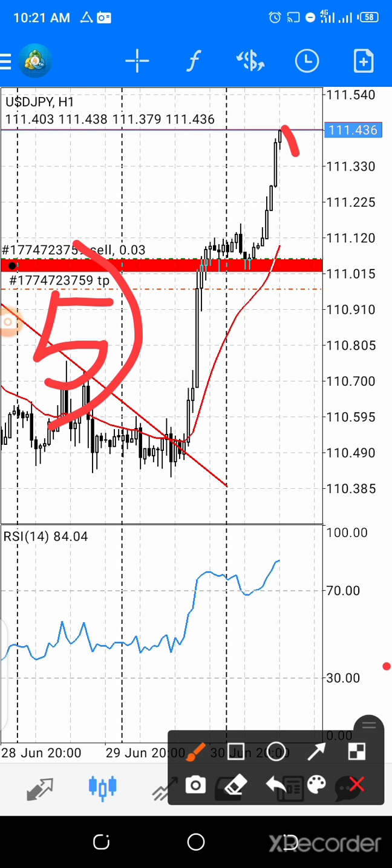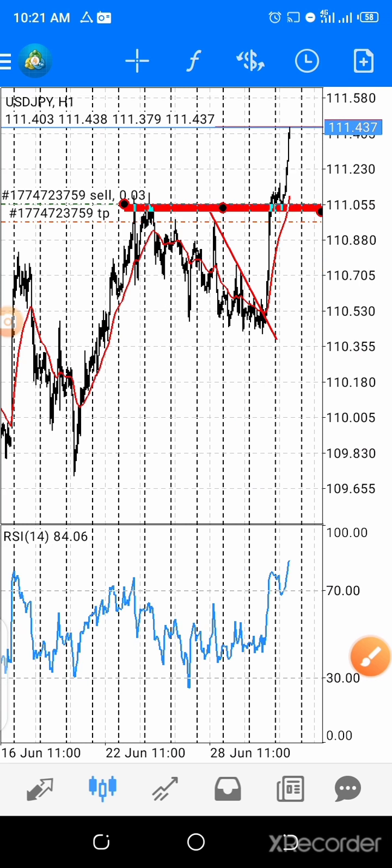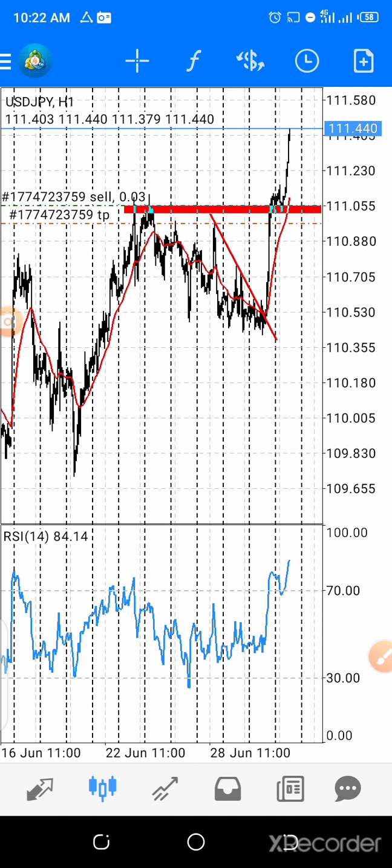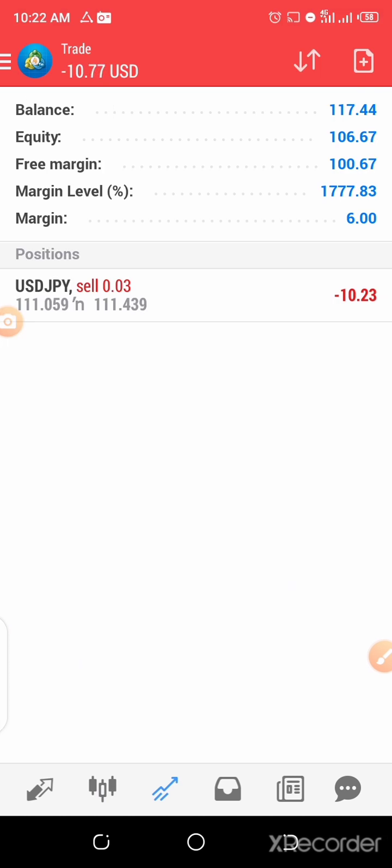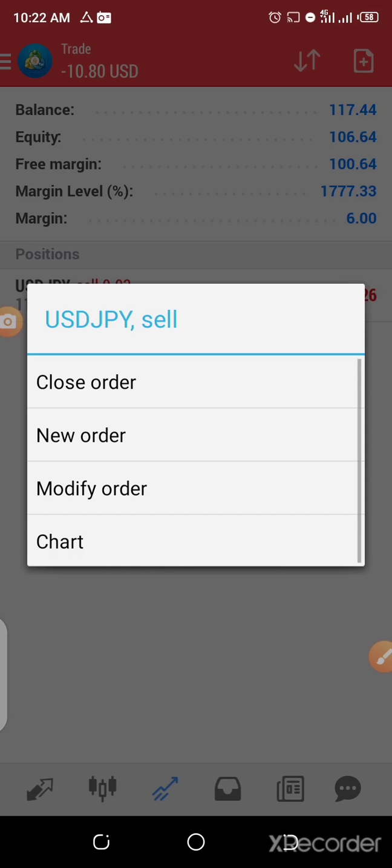Oh, let this return, I wish it returns. No, you don't know if it's going to return. You can never tell, it can keep going up and up and up. You don't sit and assume that it's going to come down. Don't assume. It is very early to cut this loss, and that's what I'm going to do now.